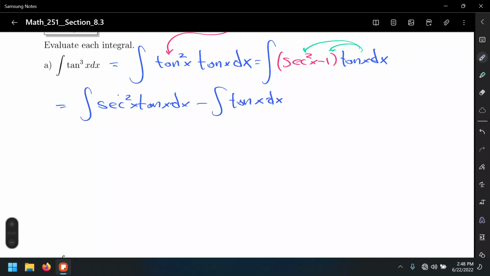Alright, the thing is that if we distribute it this way and we wrote these two factors in the order that you're seeing on the screen, secant squared times tangent, maybe it's not so straightforward to see which one is the u and which one is the du part. However, if I rewrite the order of these two factors here instead as a tangent times secant squared,